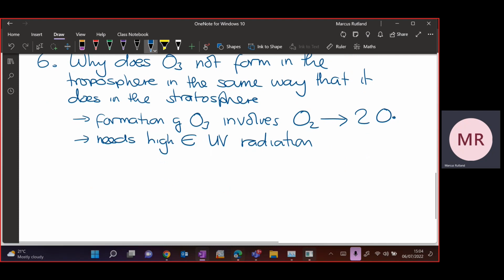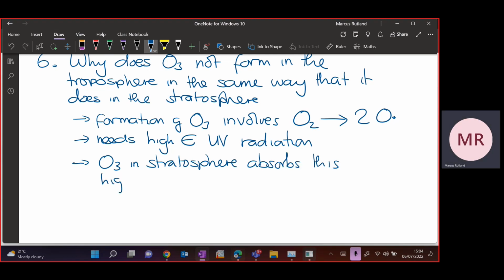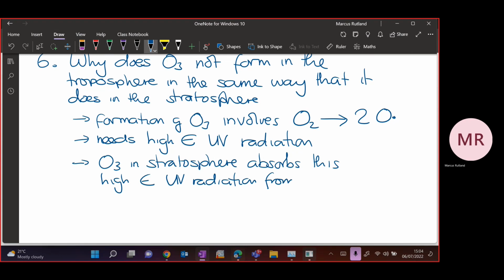But since we have ozone in the stratosphere, the O3 in the stratosphere absorbs this high energy UV radiation from the sun. So the radiation reaching the troposphere,